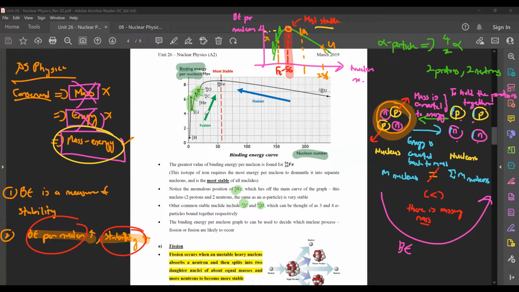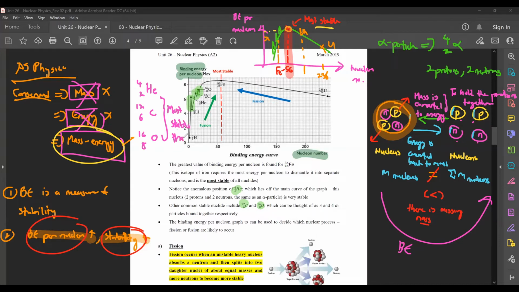The reason why you suddenly have the peaks here is because these 3 elements, helium 4,2, carbon 12,6, and oxygen 16,8, we will say that they are more stable